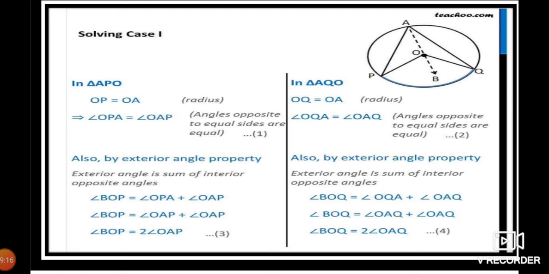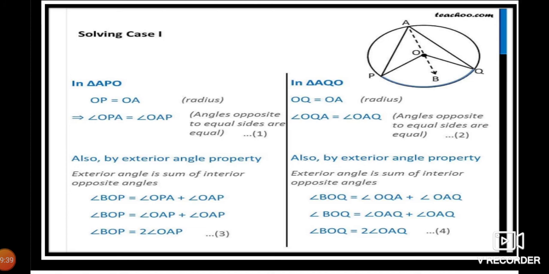Next, also by the exterior angle property, which you already know: the exterior angle is the sum of the interior opposite angles. Because of that only, we have to come to the conclusion about BOP. Where is the BOP? Observe carefully. Angle BOP is equal to, obviously, the angles OPA and